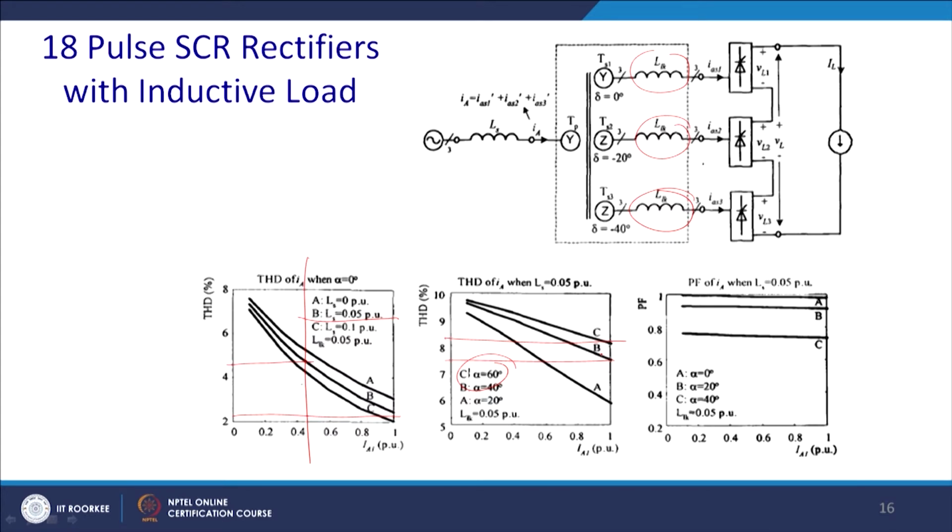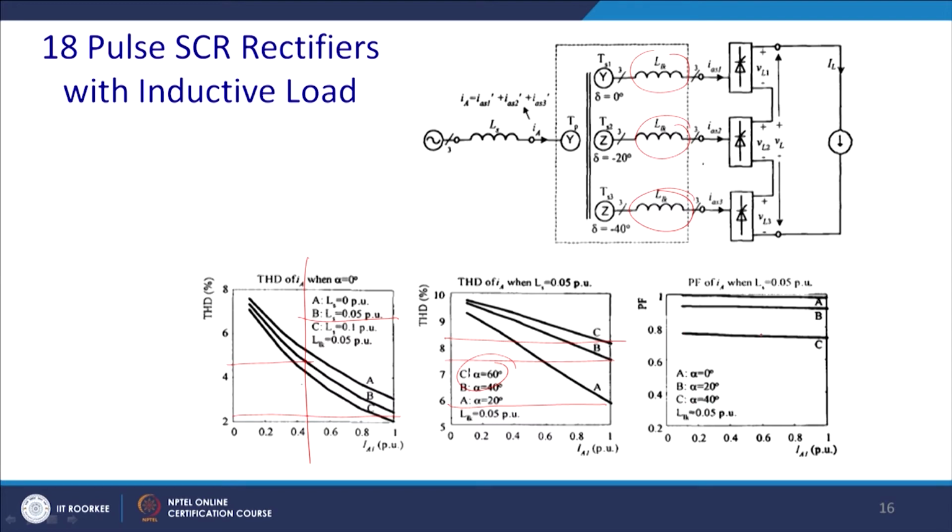Because you have a displacement power factor, you get a THD close to 4 to 5%, and the power factor does not change much. But for C, for the highest triggering angle, alpha equal to 40 degree,